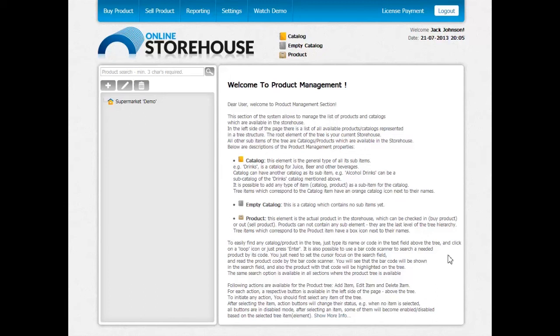Welcome to the Product Management section. This is the section where you can manage the list of the products specific to your storehouse. For having even more flexibility, the section allows you to elaborate a hierarchical structure of your products. This means that besides adding products, you can as well add product types, catalogs, and organize your products according to